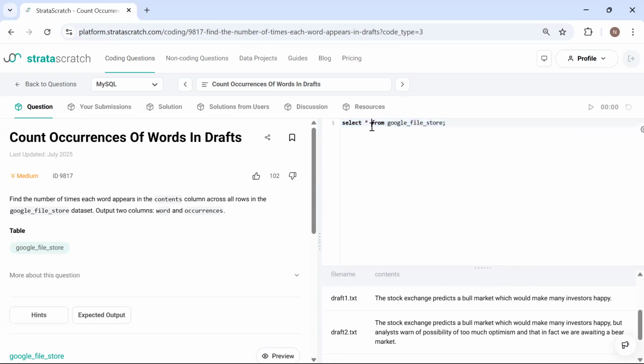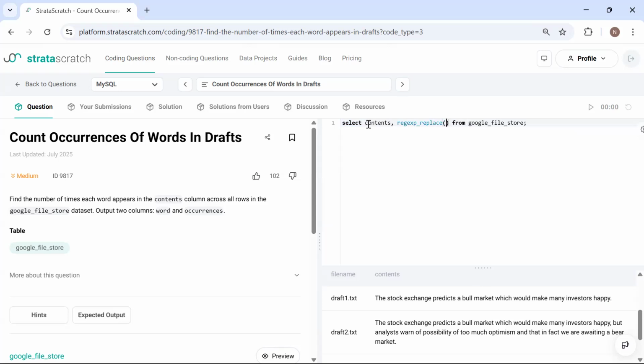Okay, so how are we going to start? First thing is we have to do it only for words, not for other things like punctuations. As we have punctuations present as well, like this full stop and comma, we have to remove them. So that is the first thing we are going to do. I'm going to write down the content so that we can compare with the original one, and then write down how to remove punctuations. So I'm going to use regexp